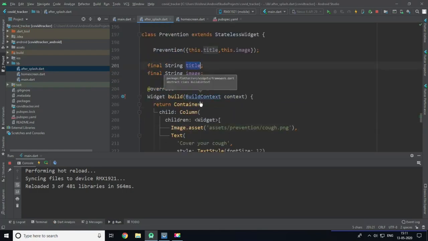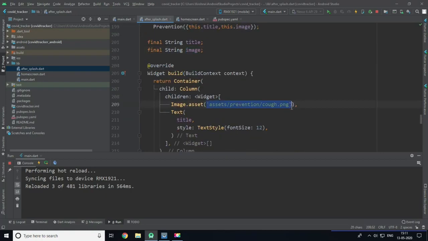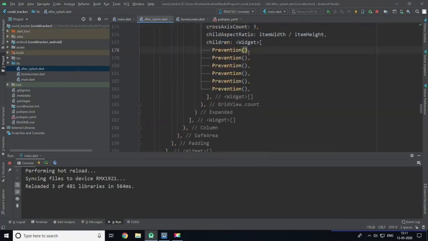I will use this variable here and for the image here. Now I will pass the value to the constructor by giving an image of assets/prevention/cuff.png with a title as "Cover your cough"